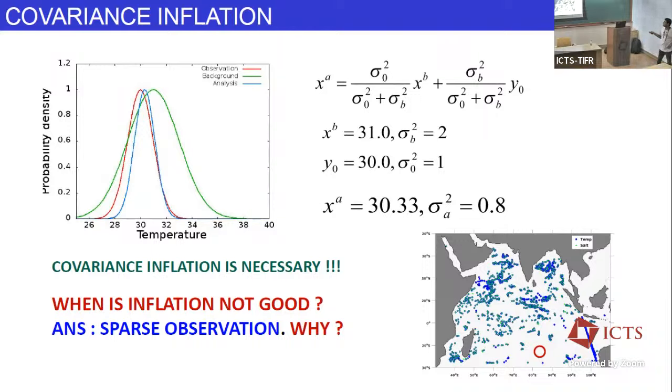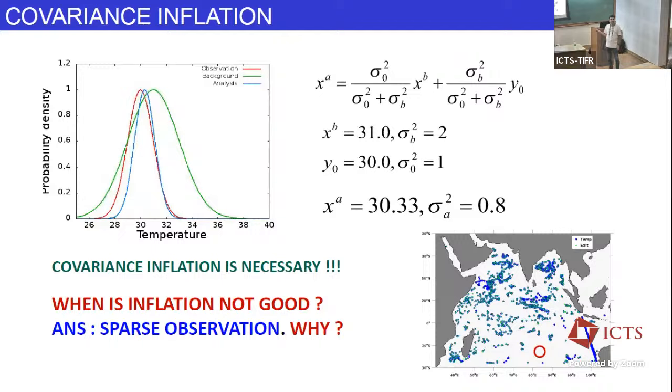So this is the Indian Ocean domain, okay? And these dots that you see are all the observations, okay? So at each of these observations nearby, when you assimilate, you have an observation error covariance and the model error covariance, and the analysis error covariance that you get decreases in all these locations. Okay? But what about this location? This red circle. Here, there are no observations.